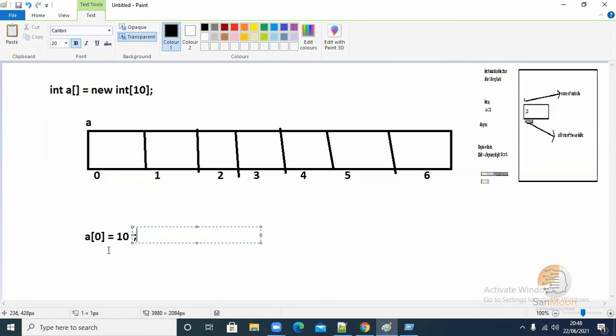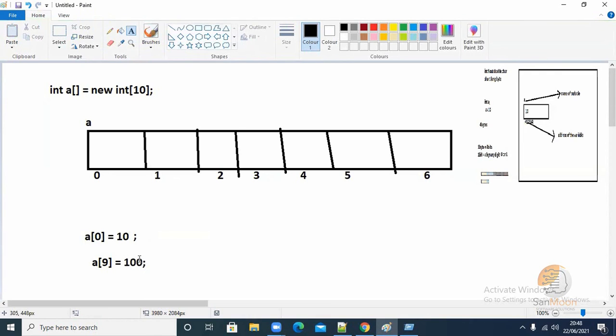I want to use the last variable, which is A of 9. 9 will be the last variable. You are getting it or not? I just used the last variable and allocated some number. This is the value for that variable, and these are called variable names: A of 0, A of 1, A of 2.